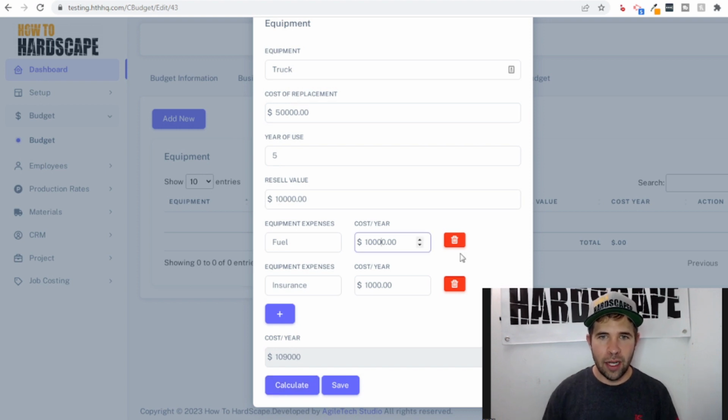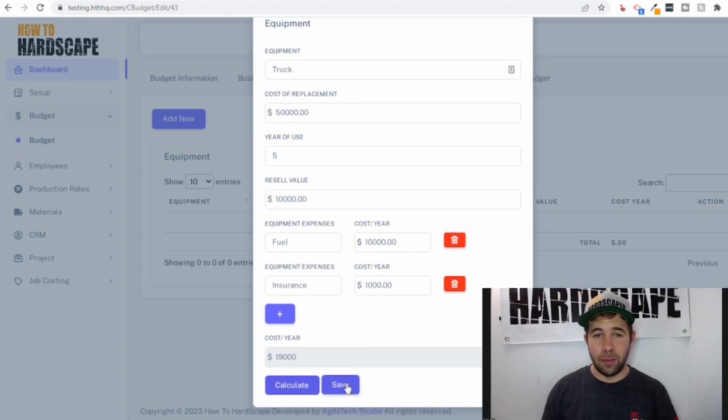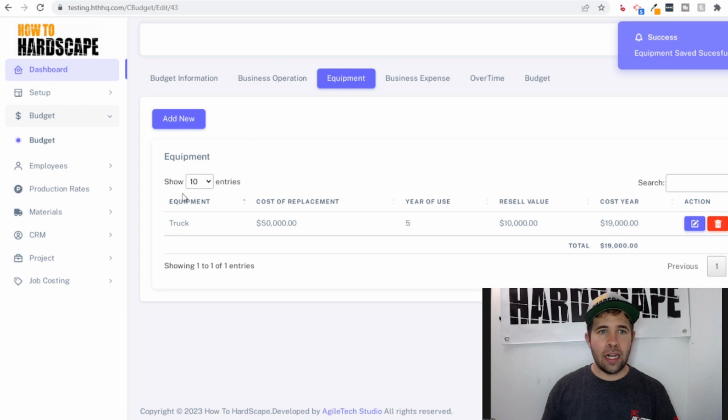We also have fuel at 100,000 here, so let's recalculate that. To give us $19,000 per year is what this truck would cost us and what we would be trying to get back in terms of overhead expenses. And we can continue through this by adding more pieces of equipment for this, but for now we'll continue on